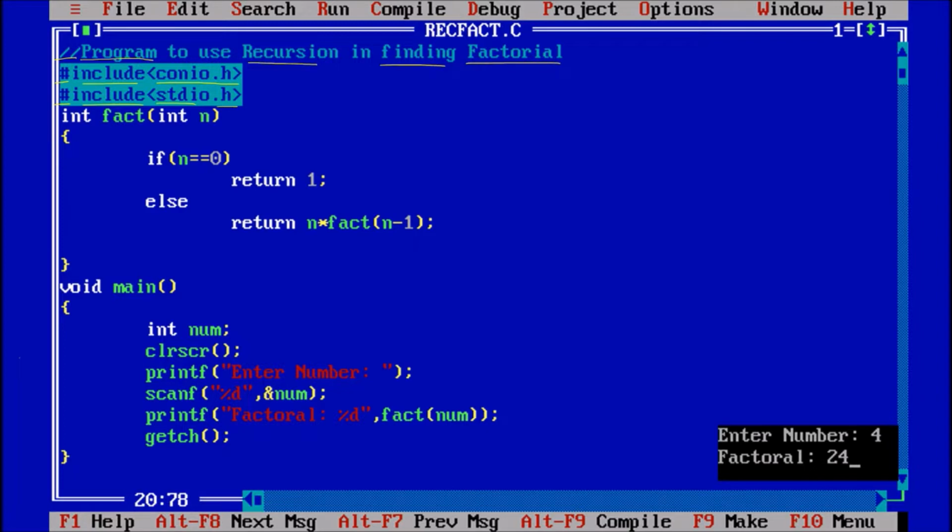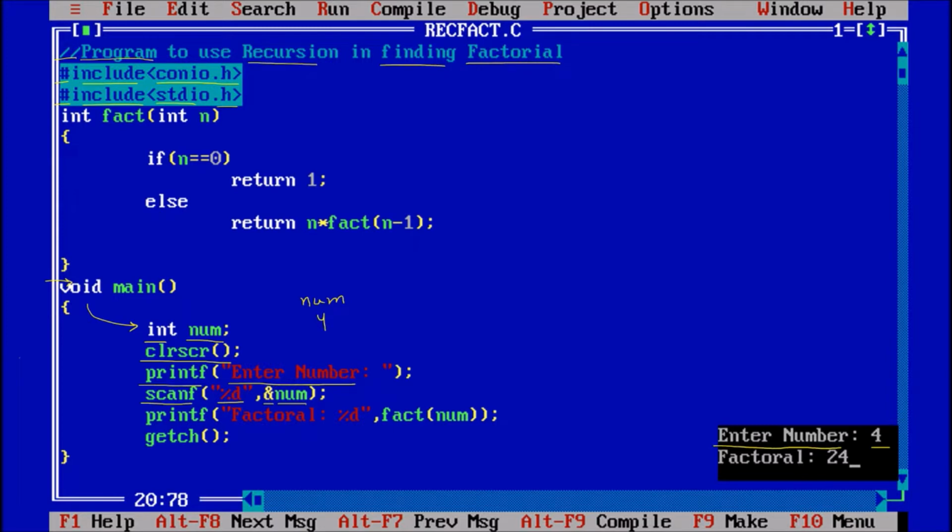Now the program will come here on the main. It will come inside and say int num, so one variable num is declared. Then clear screen, so the screen is cleared now. Printf "enter number", so a message on the user screen says enter number, and the number is 4. So the user has entered the number as 4. So scanf %d for the integer value and that is the address of num. So at the address of num we are storing 4.